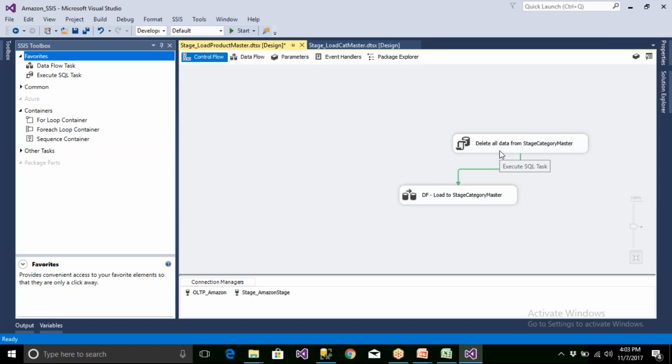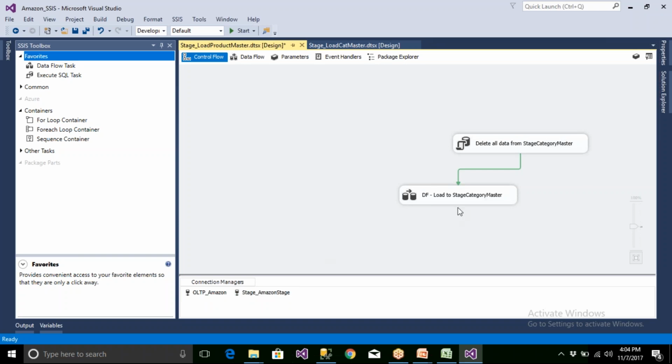Yeah, tell me. So for the connection managers, we can create them as a parameter at the package level, isn't it? And use it across. Yeah, that we will do later, but this is creating the package for the first time. First you have to create it like this, and later you need to do that at the time of deployment. You created two packages, and you can do it. Okay, thank you.